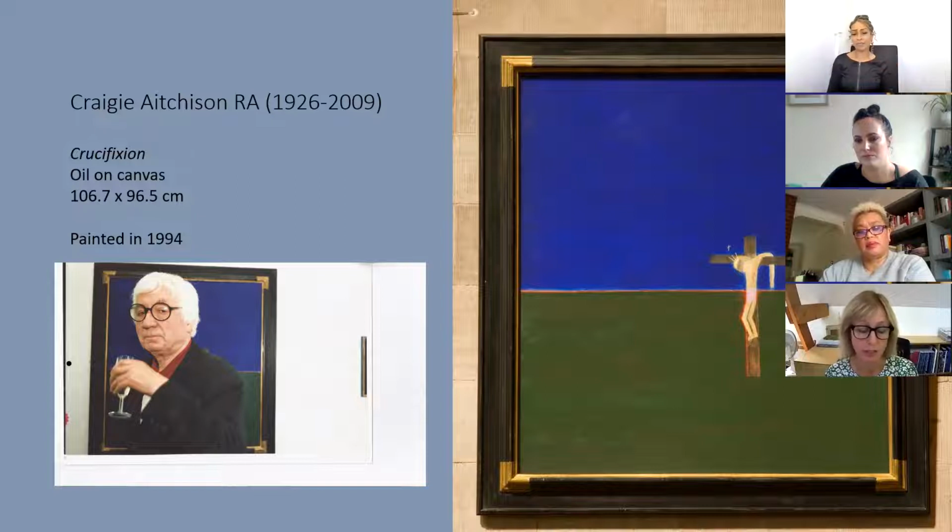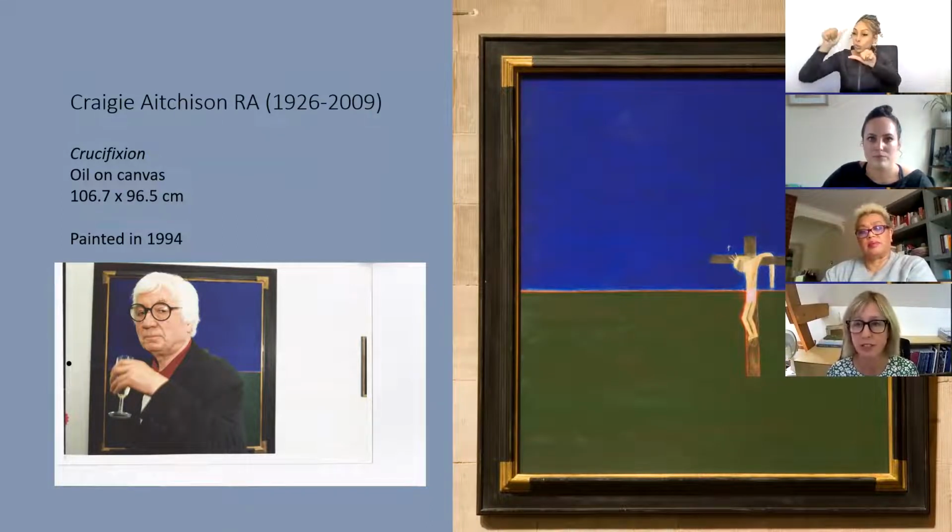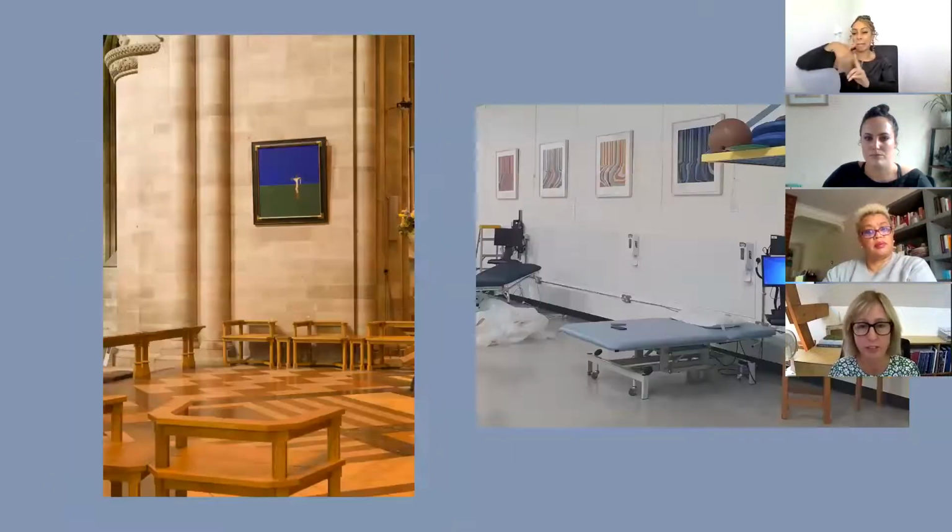So, as I mentioned, this painting prompted Alan to think about a more contemporary strand. And part of the contemporary strand that was developed for the collection was looking at artists who had won Jerwood Painting Prizes or had been shortlisted. So you might notice in the image on the right that the background behind the Craigie Aitchison doesn't look like your traditional gallery background. And I just wanted to move on to the next slide to zoom out on this image,